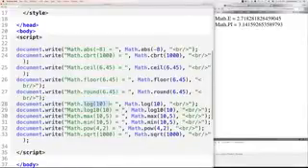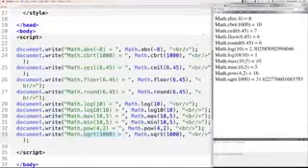We can get the natural logarithm. We can get the logarithm to the base of 10. We can get the max value of either one of these that is passed in, the minimum value. We can calculate the power as well as the square root and a whole bunch of other different calculations. Of course, there's cosine, sine, all those different things. And we can come over here and there